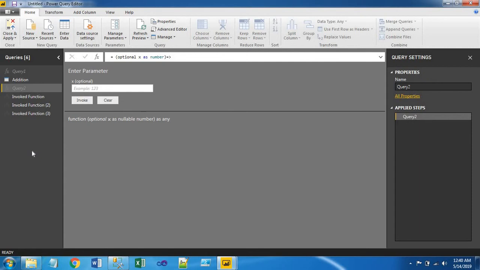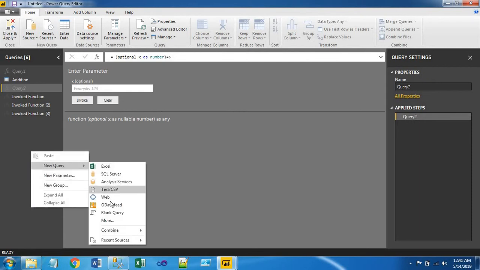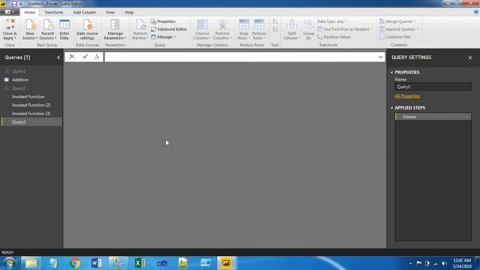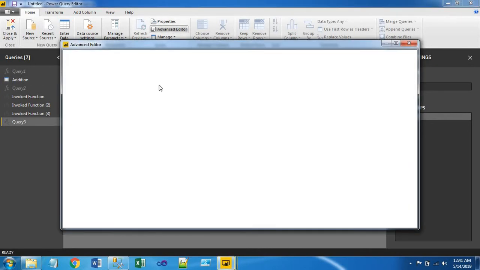We have not written any table type values. Okay, so let's go ahead and define M functions for returning table type return types. Let's say blank query, go here,